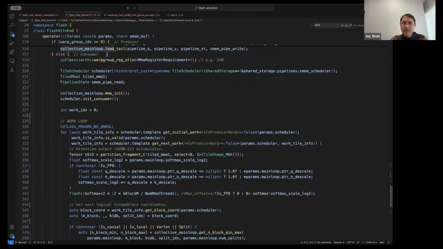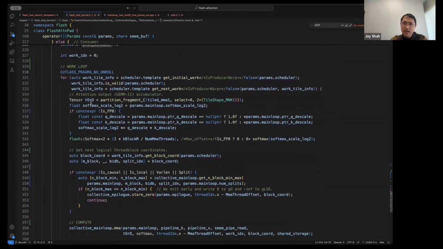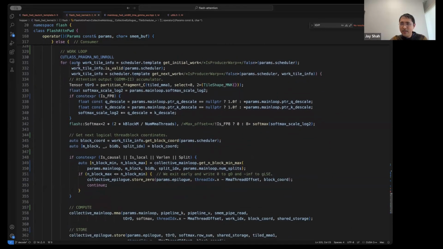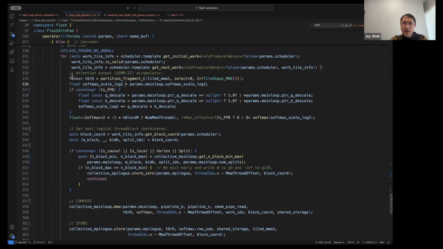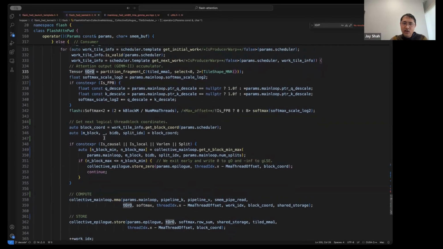I have this collective main loop load, which is responsible for doing the TMA loads. And then in the consumer path, I have the register allocation with the MMA register requirement, the scheduler, and some initialization logic, and then the work loop. It looks the same, but in this case I have here my accumulator tOrO that's passed to my softmax struct, which is responsible for doing softmax.